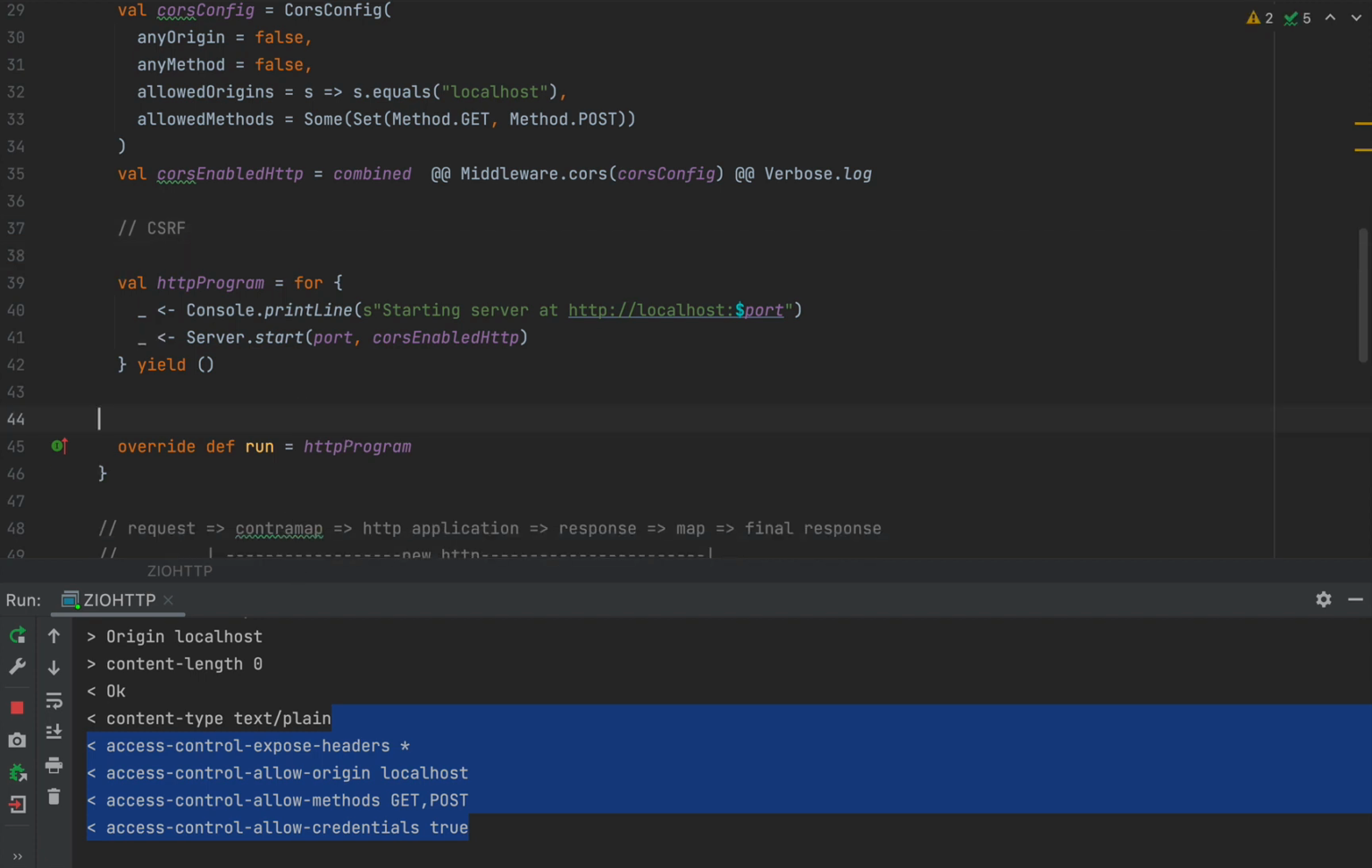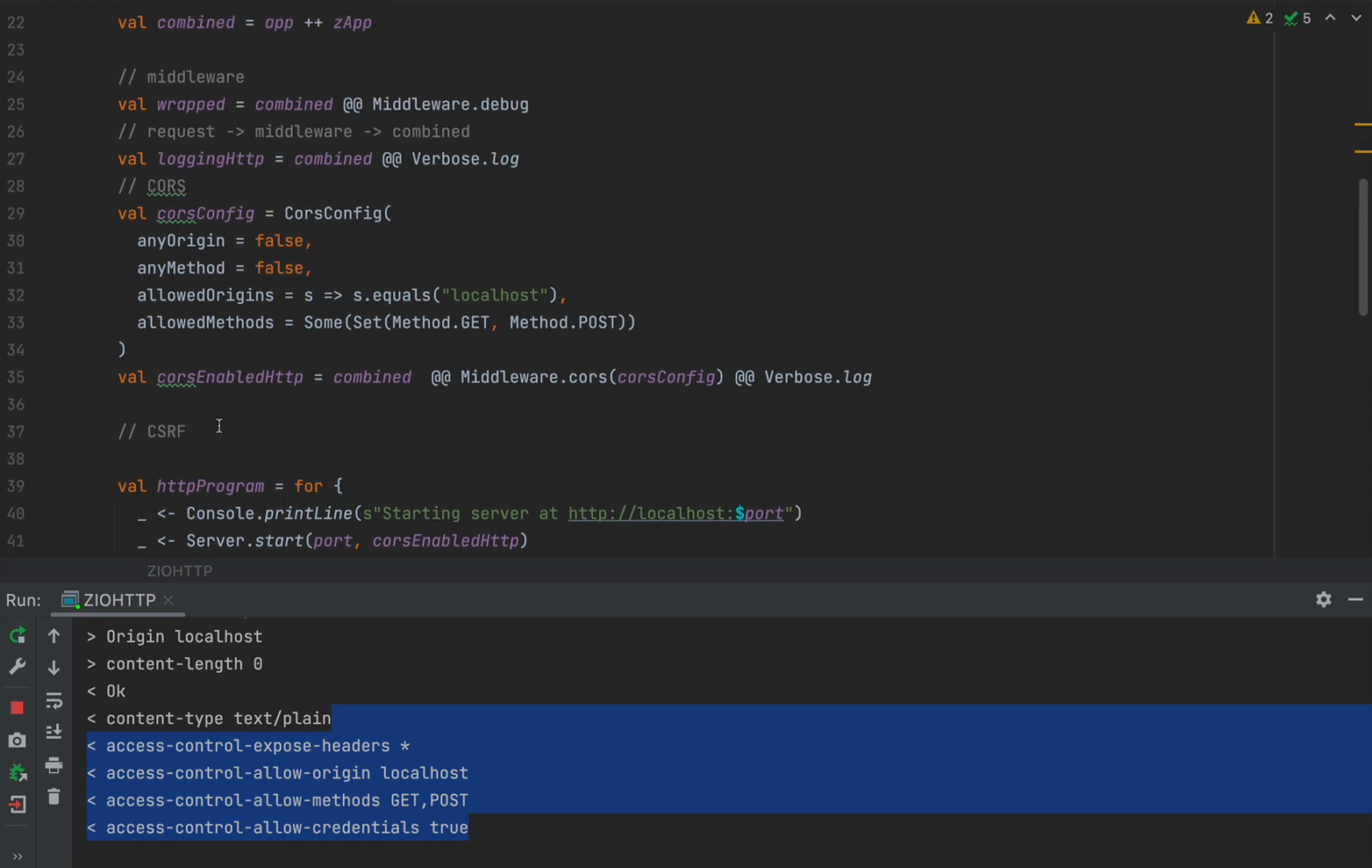CSRF is cross-site request forgery. What does that mean? Let's say that you're logged in to some sort of website. Maybe it's your online banking or online store. Let's have a slightly more benign use case. So logged into an online store. Now, you also have a browser plugin,